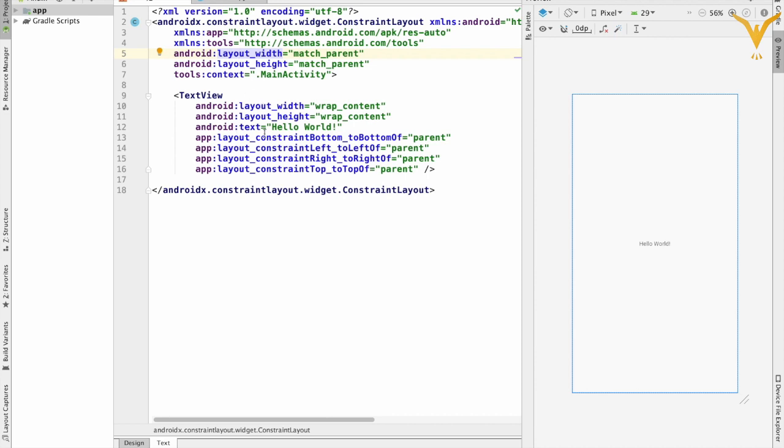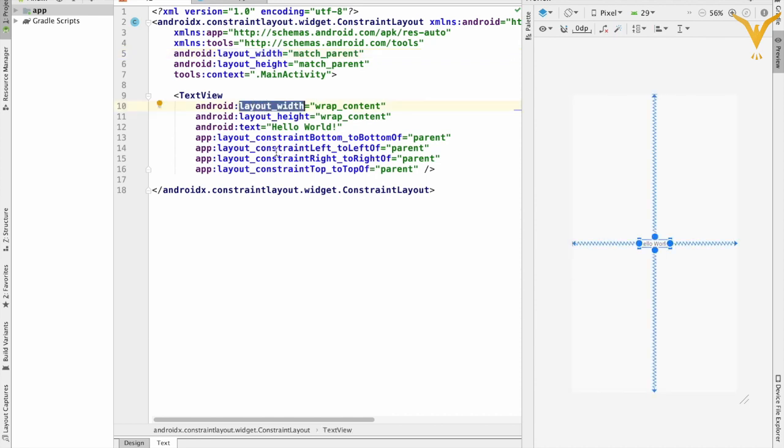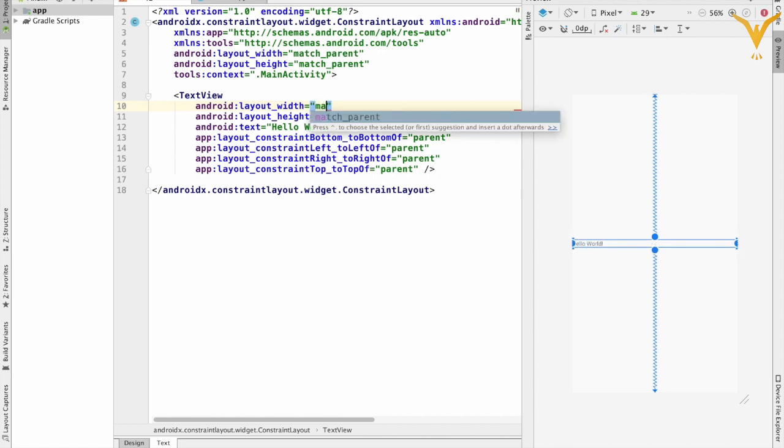So there are few attributes defined here. First one is your layout width. Width is given as wrap content. So there are two things we can define here. First one is match parent and second one is wrap content. Match parent means it matches the width of its parent component.